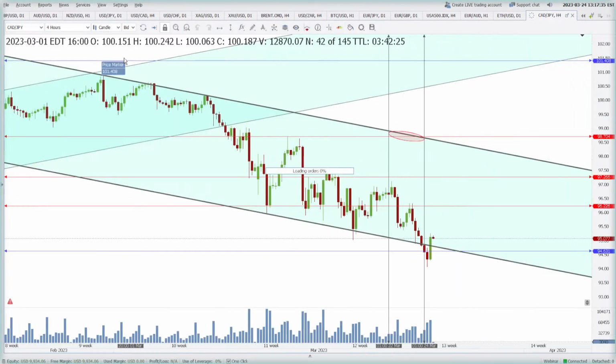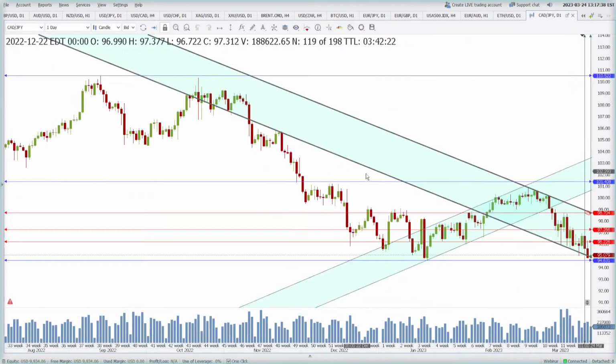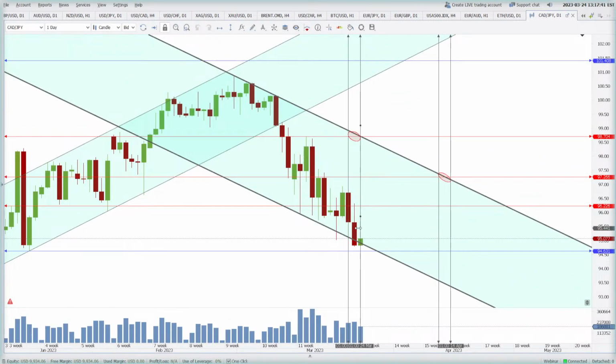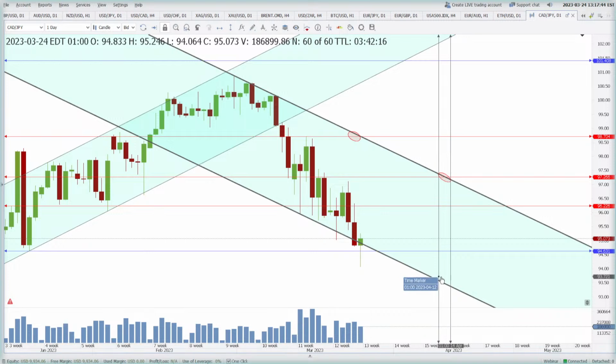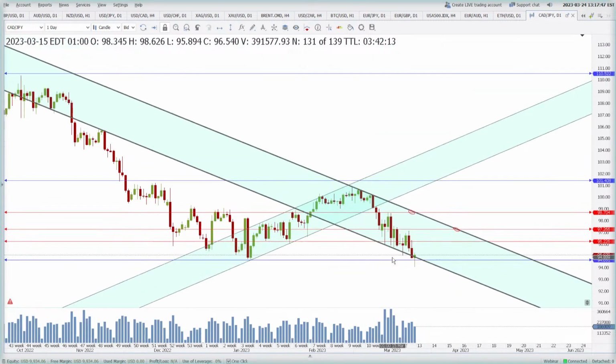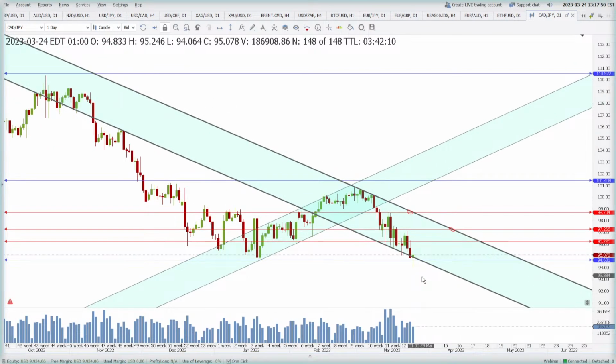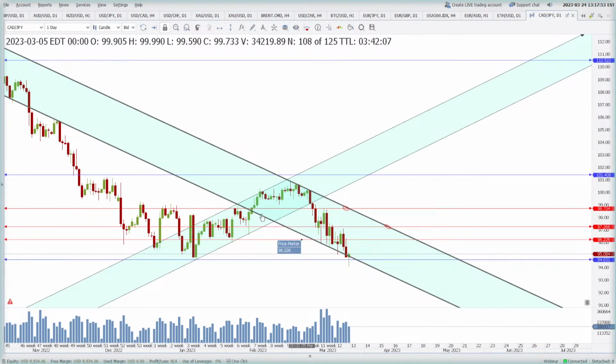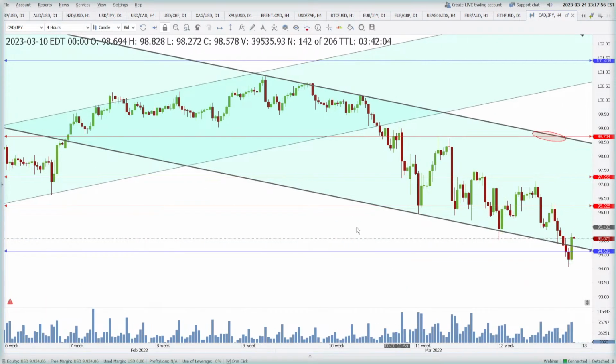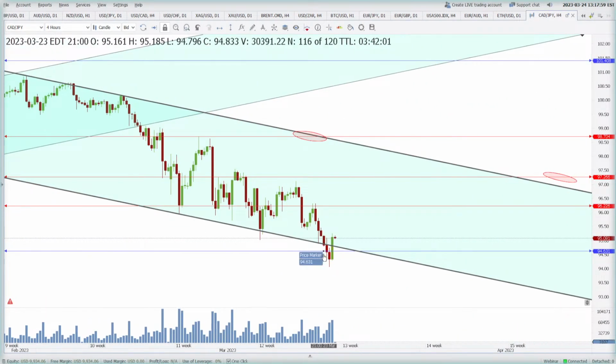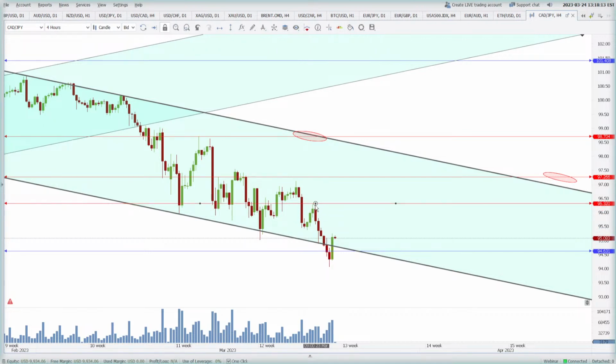CAD JPY I think is good today. Yeah, it's good. At least it has taken some support at lows here around 94.63. This is also our ultimate objective. It has been taken, and now we can see some bullish pin bar forming up here on the 4-hour. This is not a bullish pin bar, this is not a bullish engulfing, but it has engulfed the price action of this previous red candle. That means the buyers are trying to take control of the 4-hourly, because this structure will break only once we see a high forming higher than 96.32, which is very far,